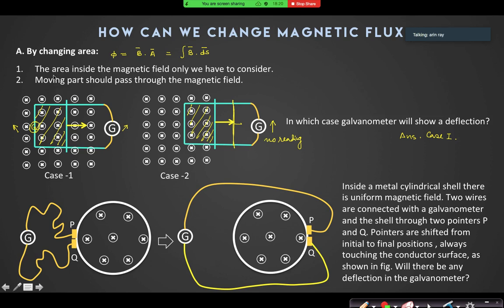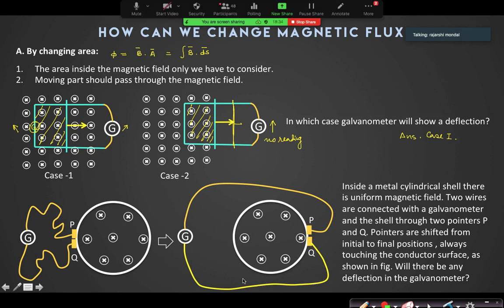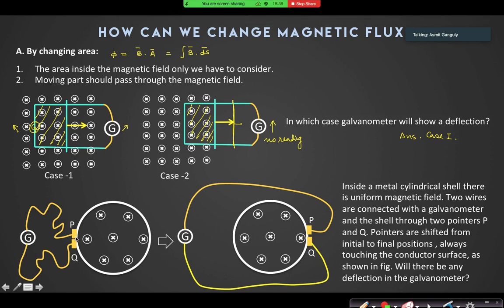Yes, sir, it will show deflection. So deflection. It will show deflection. How? So if it is positive, it will go to same magnitude negative. Why you are saying that it will show deflection? What is your reason? ডিফ্লেকশন তো শো হবে না, মানে আপনি আগের পয়েন্টগুলোর রেসপেক্টে effective area is changing. The moving part is within the magnetic field. Flux same ছিল এখনো ফ্লাক্স তো সেম থাকবে, বি ডট ডি এর তো চেঞ্জ হবে না। বোর্ড তো কোনো চেঞ্জ হবে না.